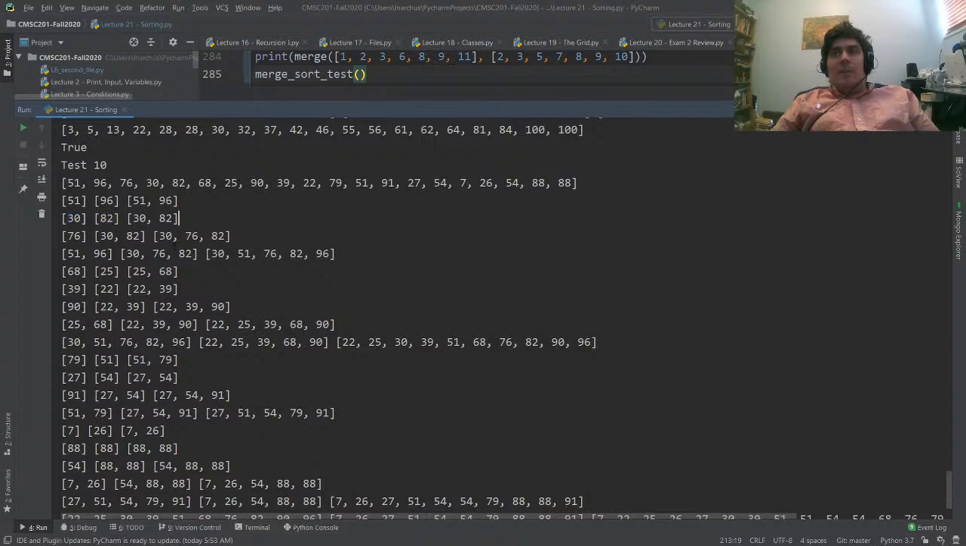Interesting. Oh, here's the 76. Okay, so it was some even-odd business. So now it looks at 30 and 82, and it puts them in the same order. And then it looks at 76 and then 30 and 82. And what that does is it will then,